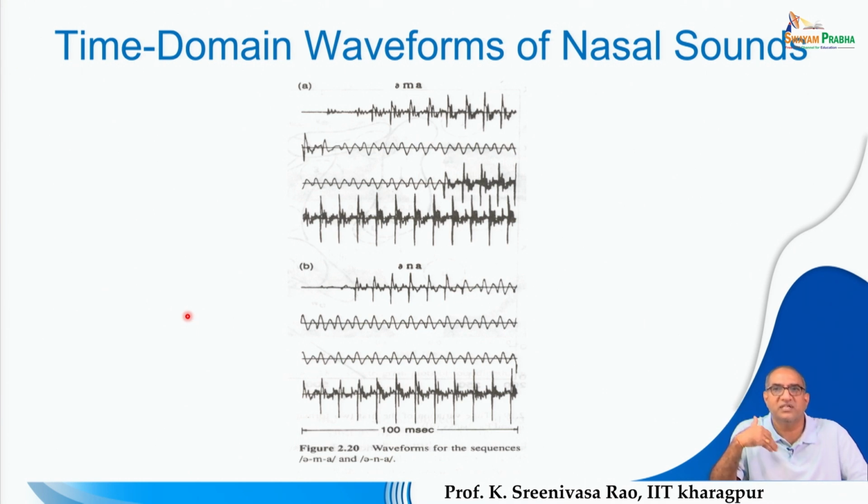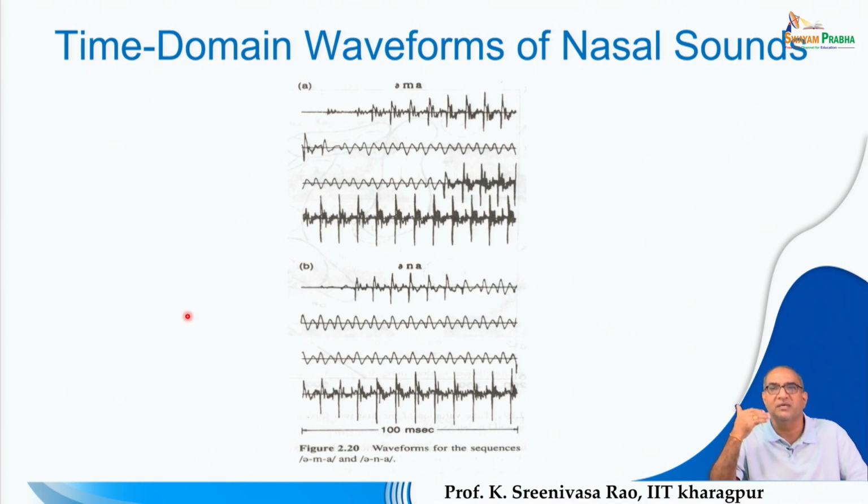So, therefore, the excitation is coupled to the nasal cavity as well as the oral cavity, but the oral cavity is blocked at different places. Depending upon the place of closure of the oral cavity, the corresponding nasal sound can be observed. For example, if you want to produce M, the oral cavity is closed at the lips, that means through the lips the oral cavity is completely closed, but the excitation is coupled to both the oral cavity as well as the nasal cavity,